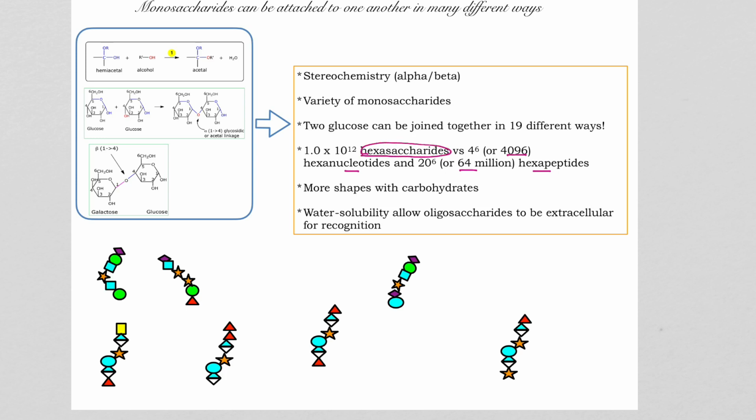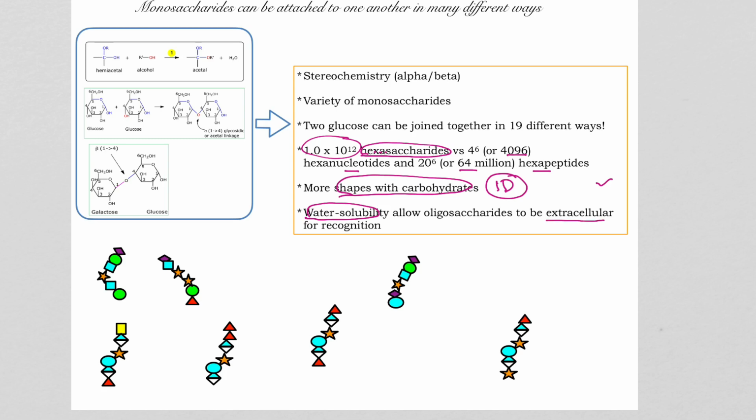Carbohydrates, the same hexasaccharide, you can make billions of shapes. So that's why carbohydrates are very good for making all kinds of shapes, and shapes is also our identification. Okay, so the other good thing about carbohydrates is the fact that these are water soluble, and they can be